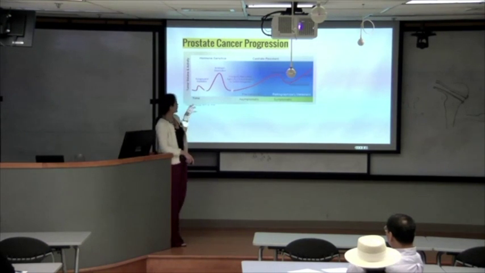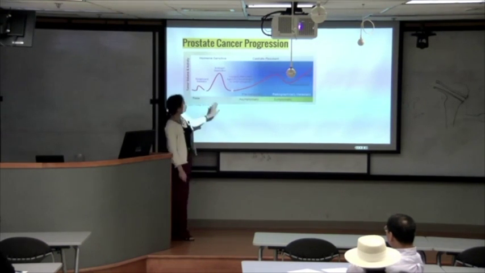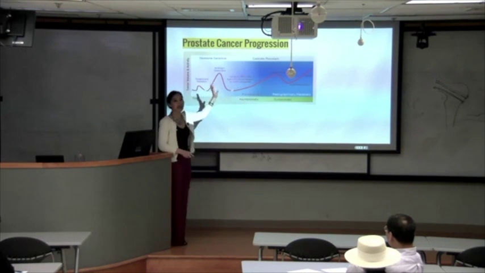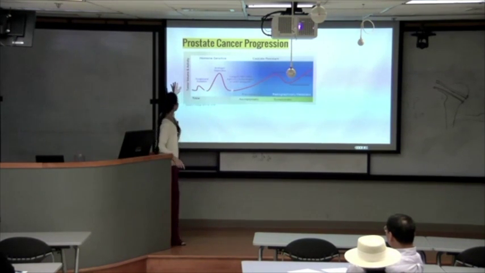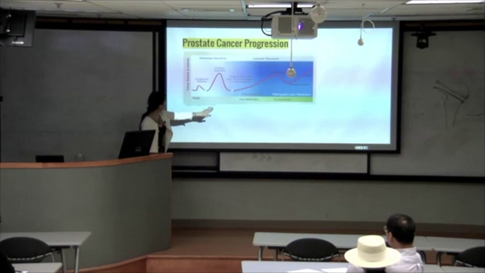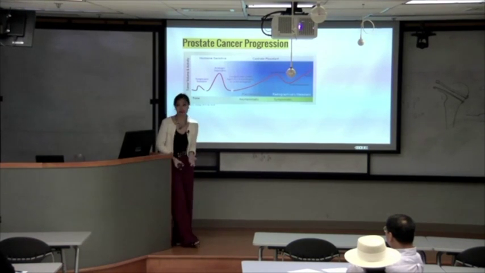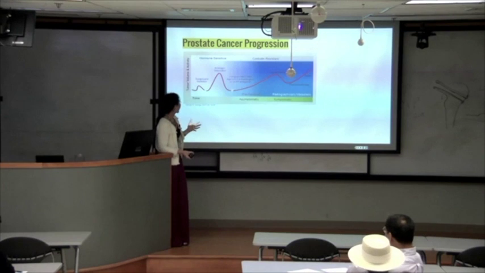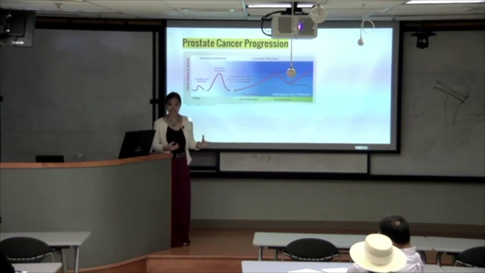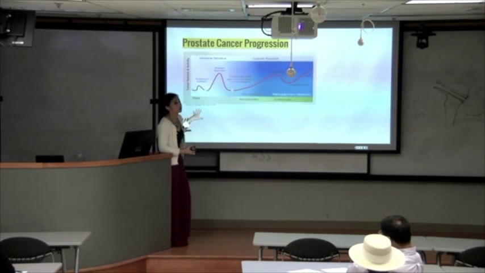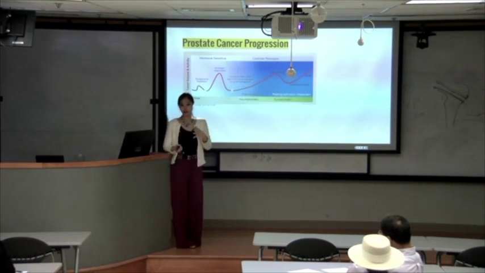To give an idea of the phases of prostate cancer progression towards that castration-resistant phase, this here depicts the different stages. And on the left here, we have surgery and radiation. And this is for men who have a relatively low tumor volume or who have a local disease. But there are individual complications with this, even though surgery and radiation have been shown to be effective in treating prostate cancer. An example is that for surgery, you wouldn't only remove the prostate.